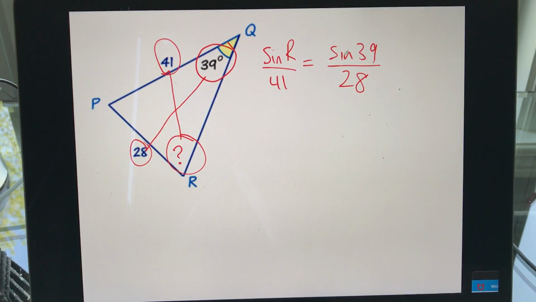I would use my calculator. I would start here. I would just type in sine 39, and you get that long decimal number, so you may have to hit equals after it, maybe not. Sine 39, I would then divide it by 28 and hit equals. And then, of course, I'm going to multiply it by 41 because I'm really going to multiply both sides by the 41. And when I do that, it divides out over here, and it leaves me with just sine R. So when you do that, use your calculator, try it. Go sine 39 divided by 28 times 41. You should get a number around 0.9215,